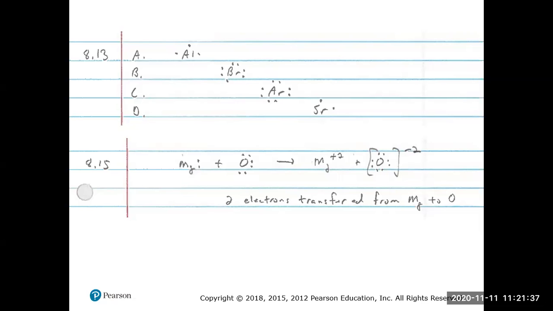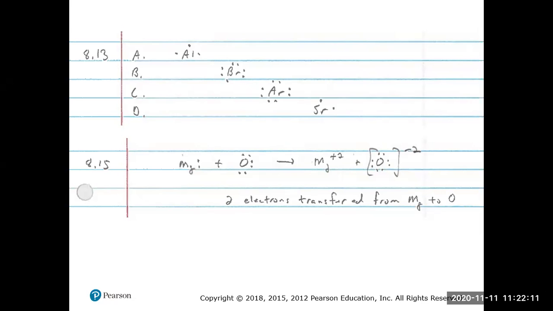And the group tells us how many of those valence electrons there are. So that tells us how many dots there are. Aluminum is in the 3A group, so it would have 3, bromine 7A, argon 8A, strontium 2A. That's why we would write that number of dots around the element symbol. So that's pretty straightforward, as long as you remember to check the periodic table to see what